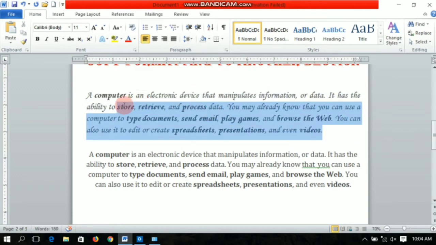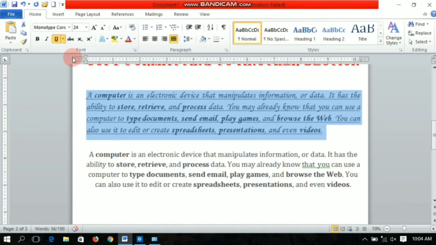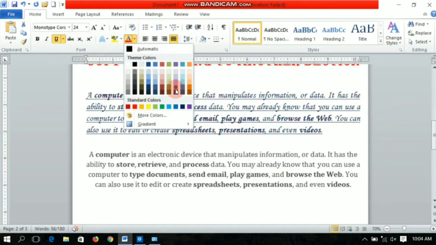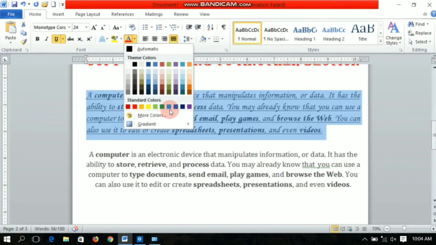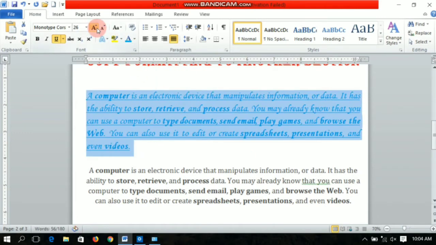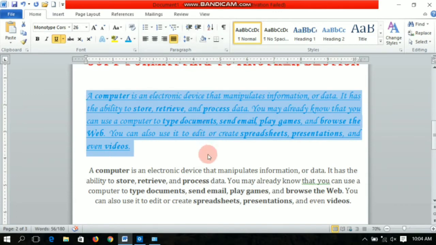So if I want to do some formatting, I will just underline it, color it blue, increase its size, and also justify it. This formatting I have done for a particular paragraph.